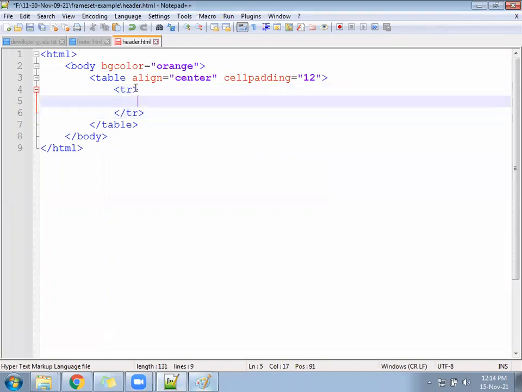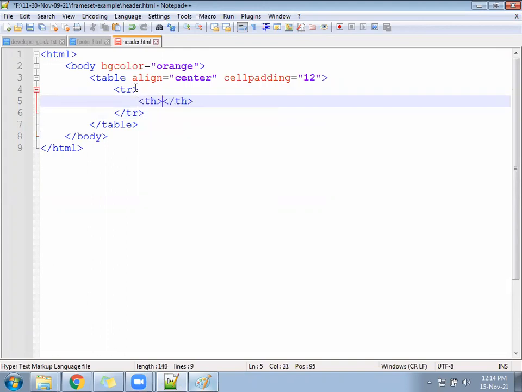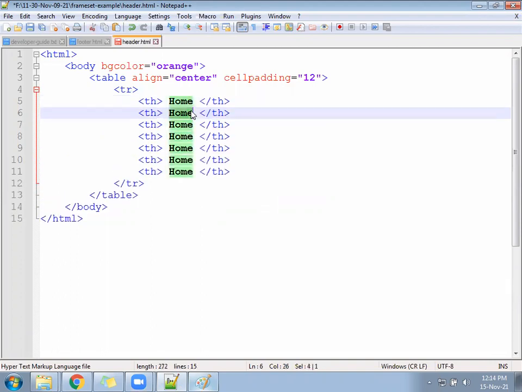TR. Okay. Now inside the TR, we can follow with TH, TD also we can follow. So we'll follow with the TH, and inside the TH, just write only text: home, about us. Some 3, 4 times you can copy paste here. Those are the files we are going to create.